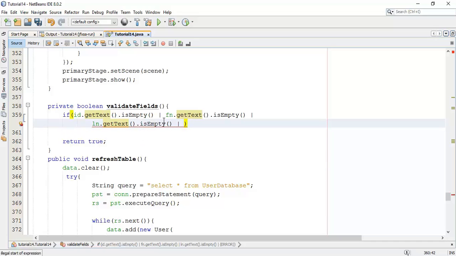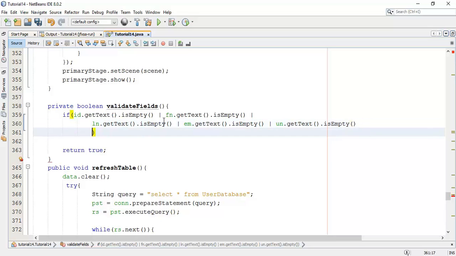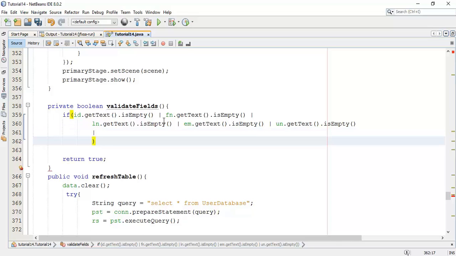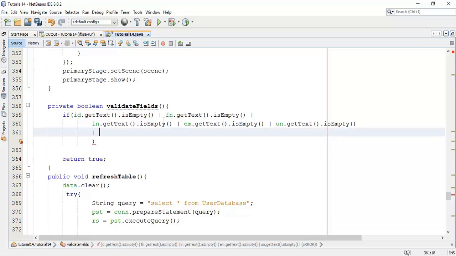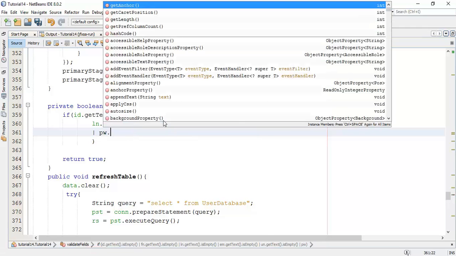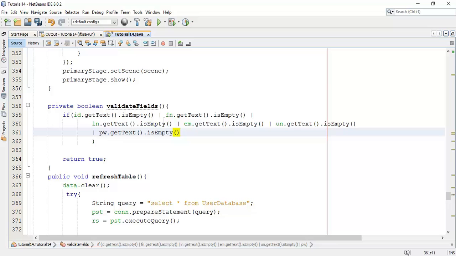Then email, then username, or you can write a nested for loop for this. Then password, and lastly the date.